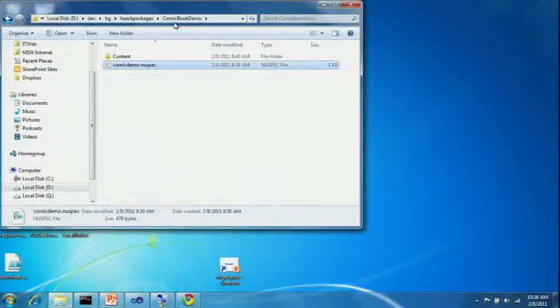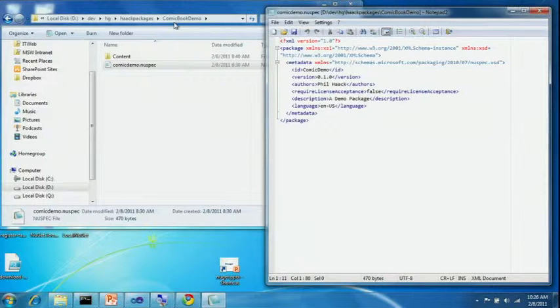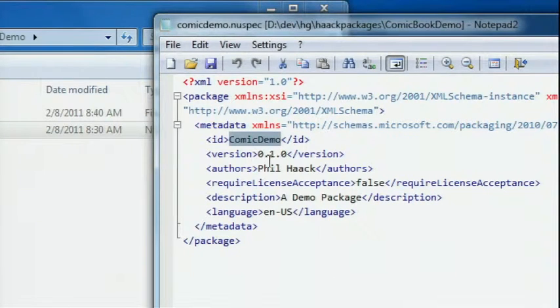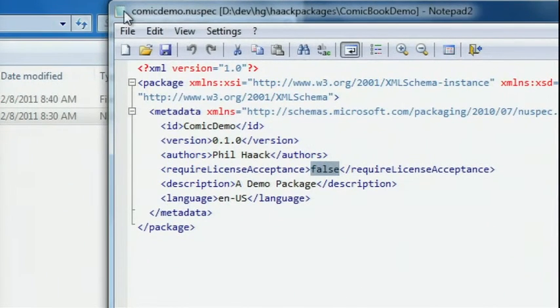Every package has a nuspec file, which is the specification for your package. In this case, this is a pretty simple one. You can see here that I have my ID, version, who the author is, whether I require you to check a license acceptance dialog, and you see I had that false. A description and the language. Now,